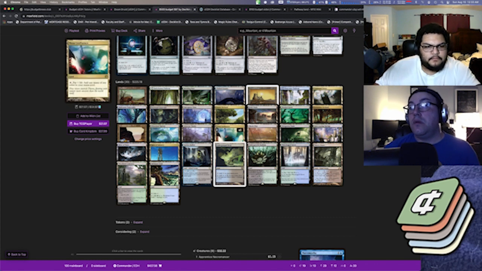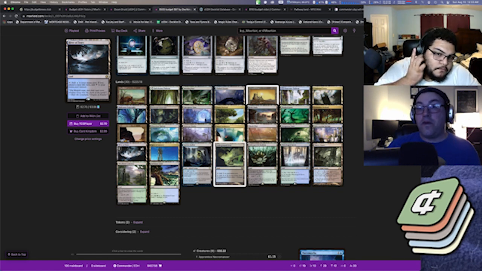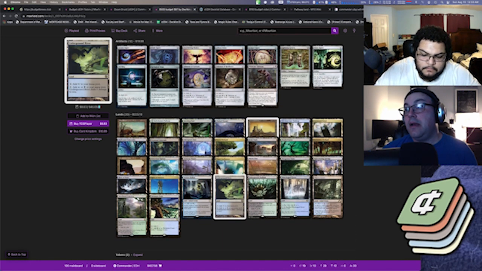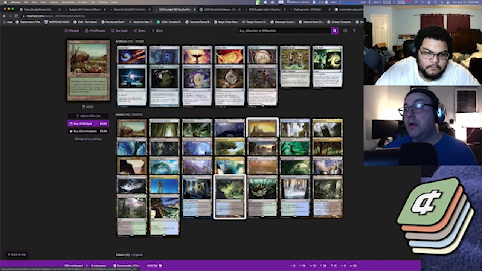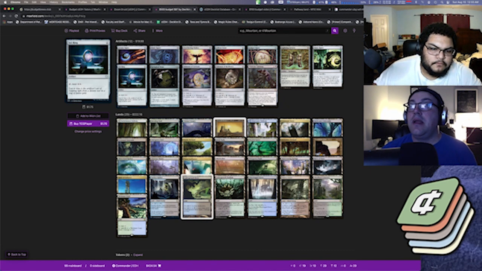Right. So the cards I'm trying to cut are the $2 lands that suck, for better lands. Right now we're at 437. And already this mana base looks better. But I think I want to cut this Bad River. I think we cut the Bad River, and I think what we get...